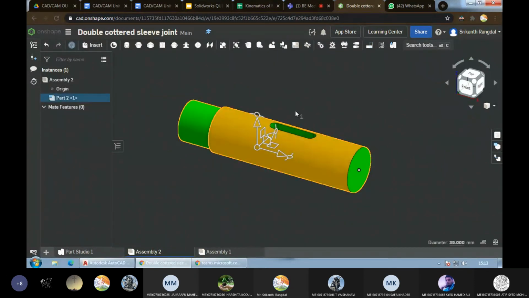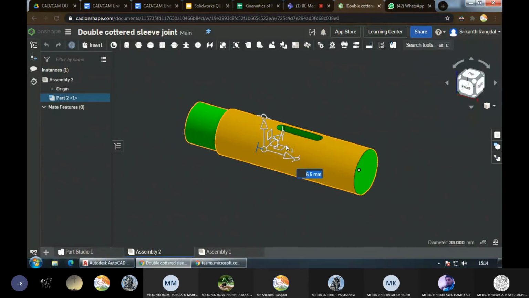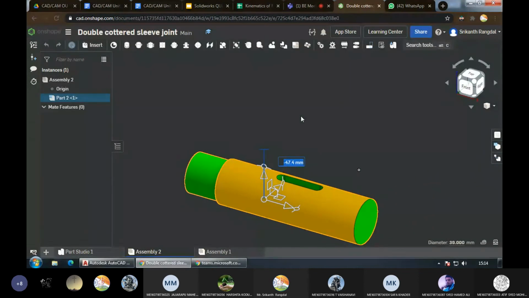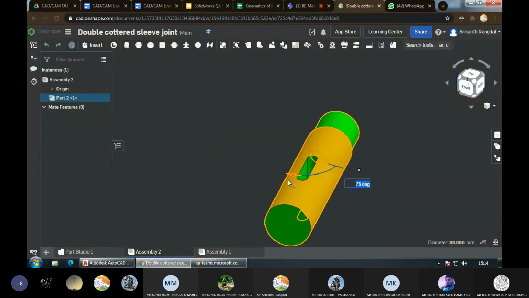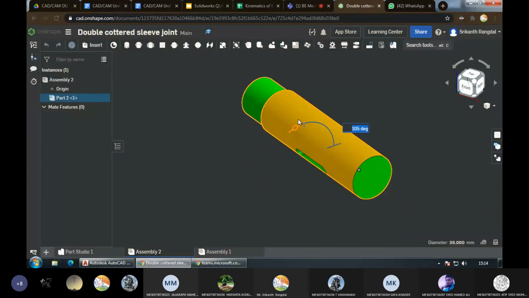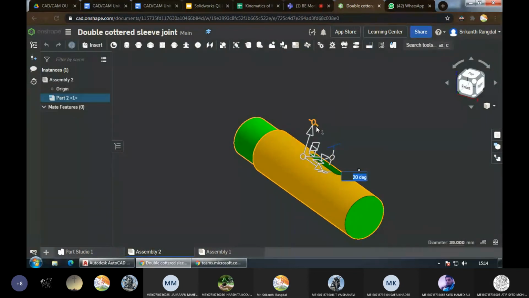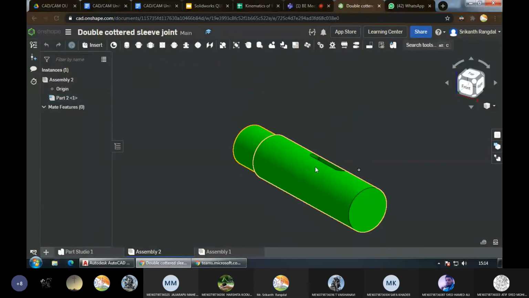So now when I say translation, I can move this part front and back. I can move it up and down. I can move it forward and backward. I can rotate it about the upper axis. I can rotate it about its own axis. I can rotate it about this axis. Okay, so all these are called transformations.